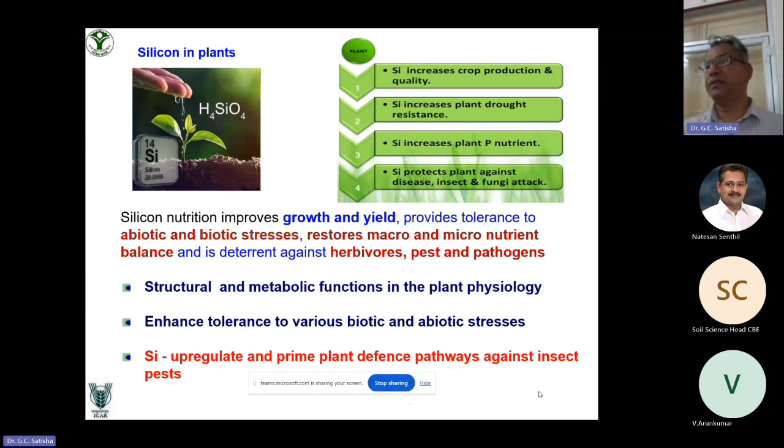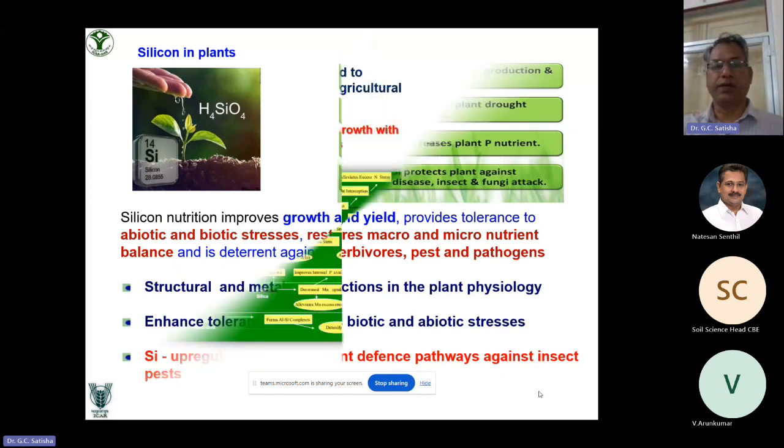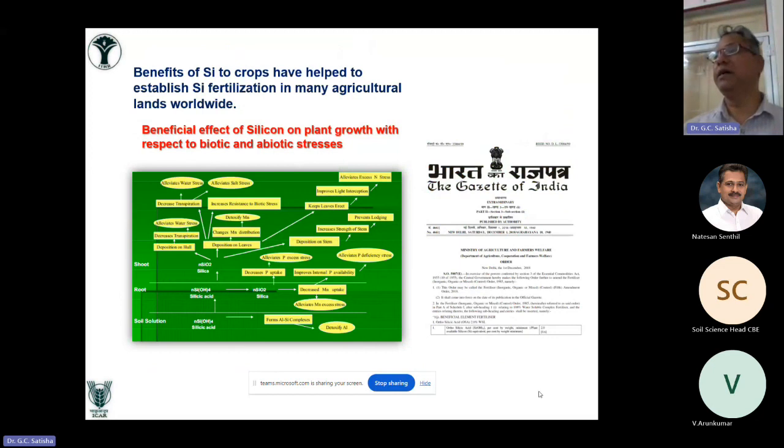This is where it happens. It plays a significant role especially against biotic stresses like insect pests. This is one area where a lot of people have started working, probably in Japan and China, but in India it is just a start. And we know that silica, because of this, in 2021,